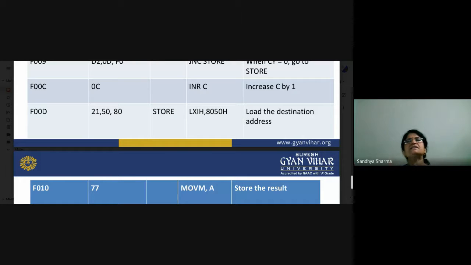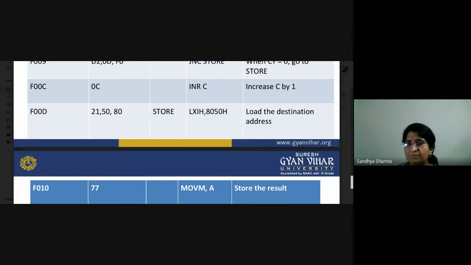So there are certain steps of how you can add two 8-bit data. So suppose you have 8-bit data, okay, so there are two data here, and you have to add both of these data. So first of all, what you have to do, you have to store that 8-bit data in a particular location. So suppose you use 8050 for storing one 8-bit data, and you are working on the 8051 location for storing the other data. So you have two memory locations, 8050 and 8051, and there maybe the two data are existing.